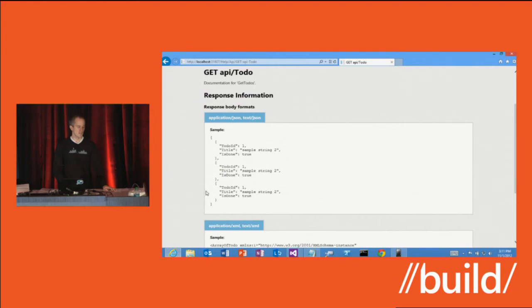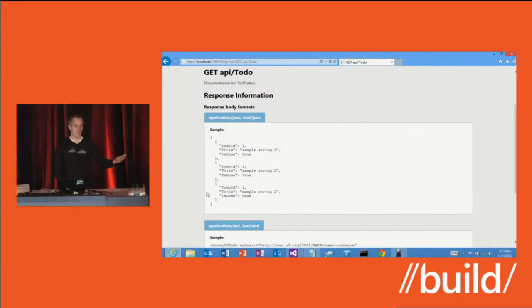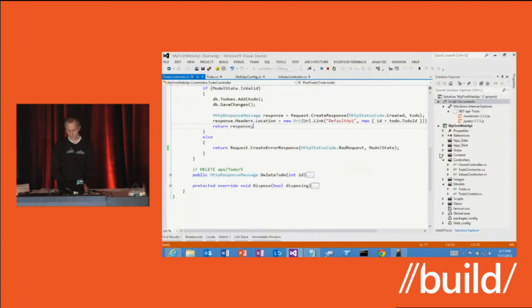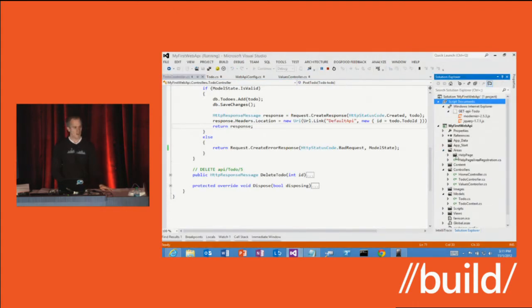This is a real convenient place for third-party developers who now want to use your web API. If you want to open it up to other client developers, they can use this documentation to get up and running pretty quickly. The help page code, actually, I'll mention, it's not some opaque assembly that's buried someplace where you're stuck with this styling and you can't touch it. We actually just give you the code. This is just a standard MVC view. If you want to know where that help page is, it's right here in this area. And all the views are right here. If you want to change how that help page looks, add custom code, or add your own styles, you can go ahead. We just give you a starting place for you to create the help page that you want.